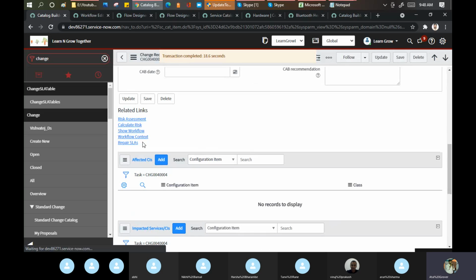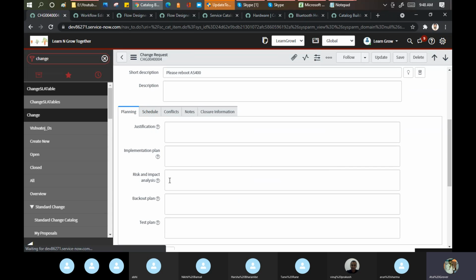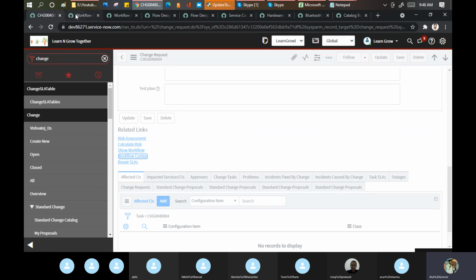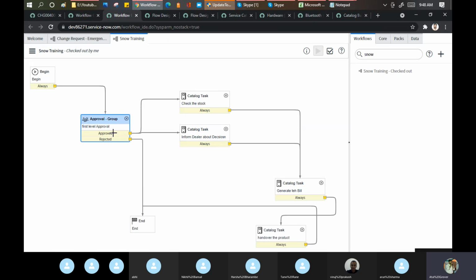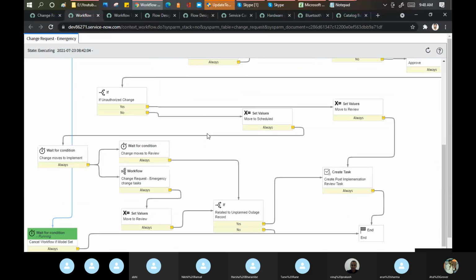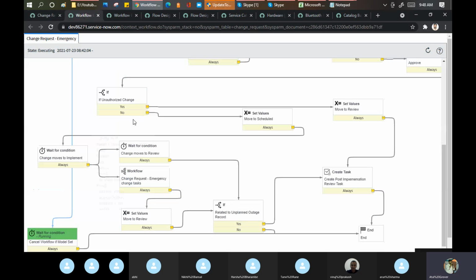Now if you go here, show workflow, you can open this, and you can open the workflow context as well. See, this is for the workflow. Till now they're using the workflow only, not the flow designer. They're moving things slowly, not immediately, but very slowly.